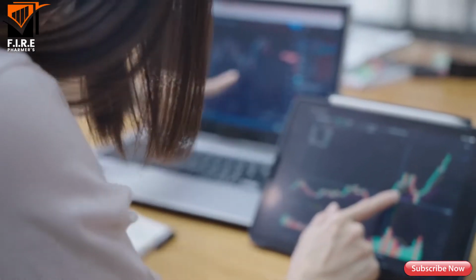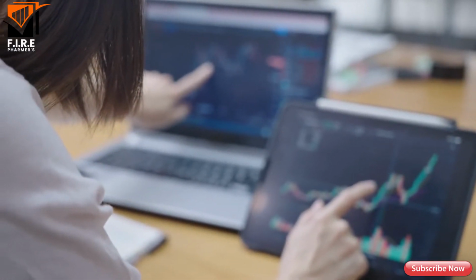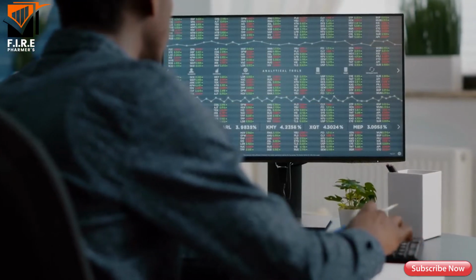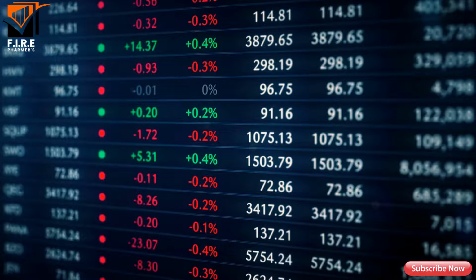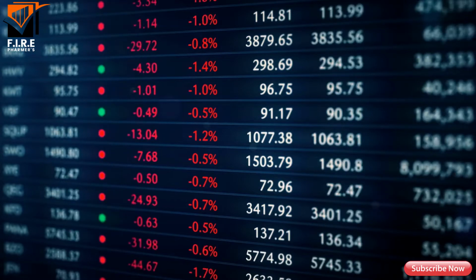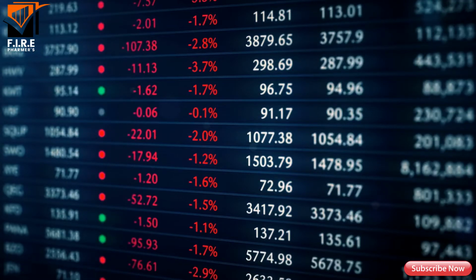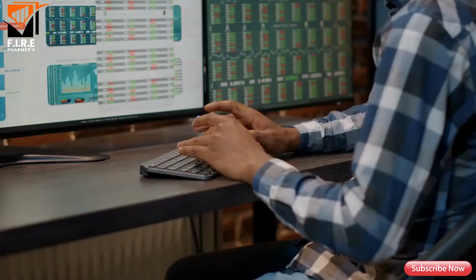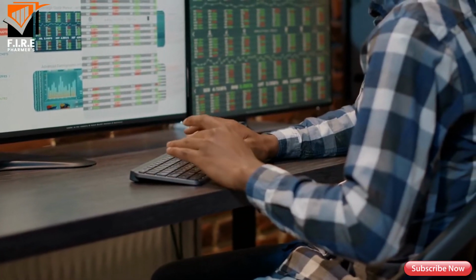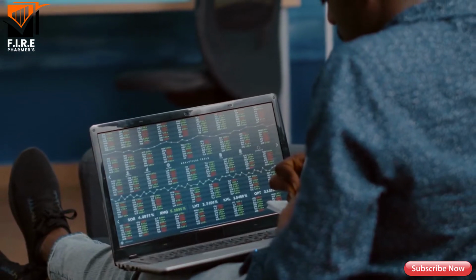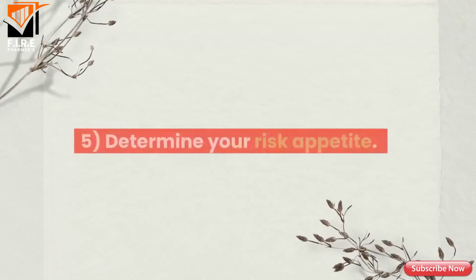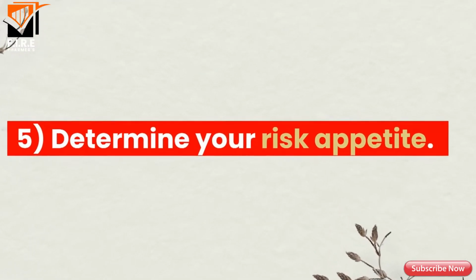There are many different investment philosophies out there, but the most important thing is to find the right one for you. You should consider your risk tolerance before you start investing. Also, you need to determine whether you want to invest in stocks or bonds. Stocks are risky, but they can also be very profitable. Bonds are safe and reliable. You should pick the best one for you based on your risk tolerance and what you want to achieve with your investments.